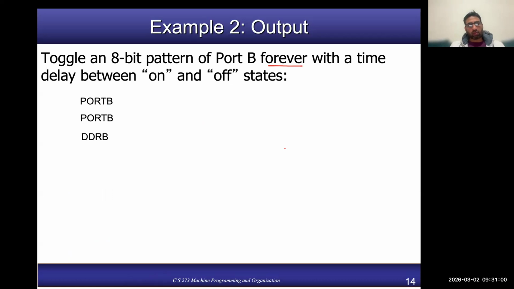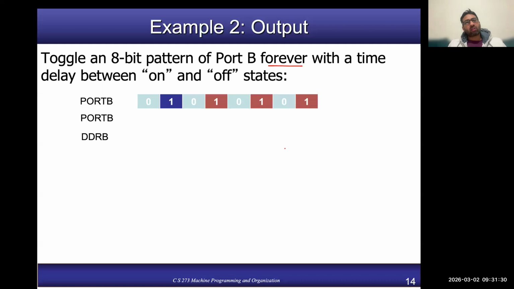Okay, let me walk you through the code then. Remember that we need to program two registers, the PORTB register and the DDRB register. In the PORTB register, I said you need to write all zeros and all ones, but here there is a different interpretation. Instead of writing all zeros and ones, we are just writing alternating zeros and ones, and then we will toggle them. So first you need to write on the output 0 1 0 1 0 1 0 1,